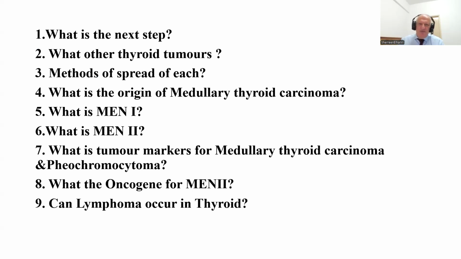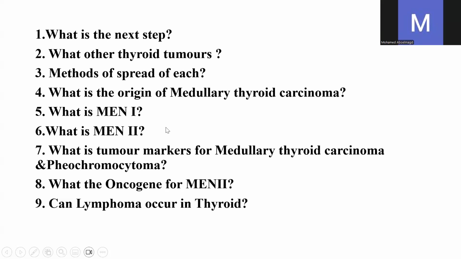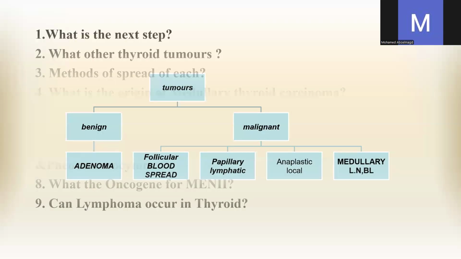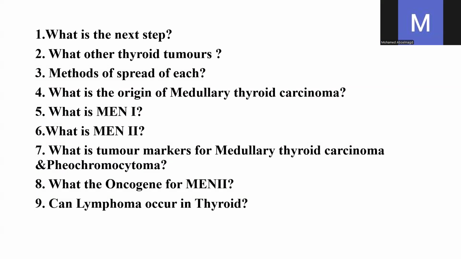Okay, so what is the origin of medullary thyroid carcinoma? Parafollicular C cells. So what is multiple endocrine neoplasia type 2? Type 1, okay. It's a group of endocrine tumors originating from the endocrine system, usually hyperplasia and neoplasia. Usually they start with the pituitary. Pituitary adenoma, parathyroid hyperplasia,